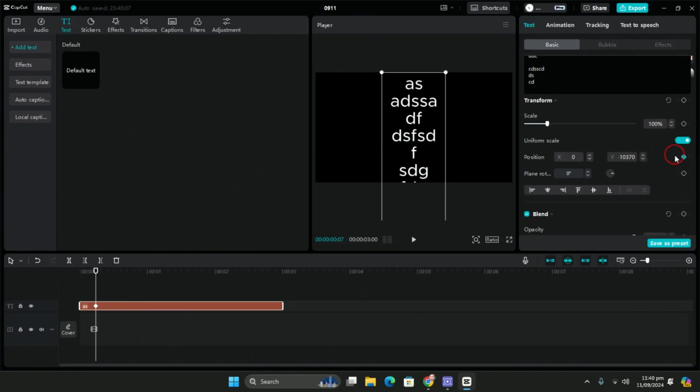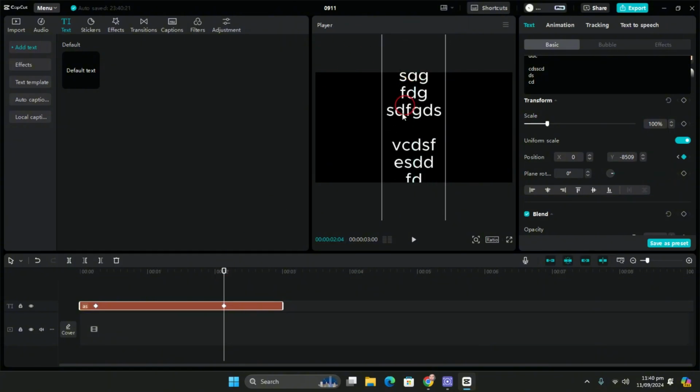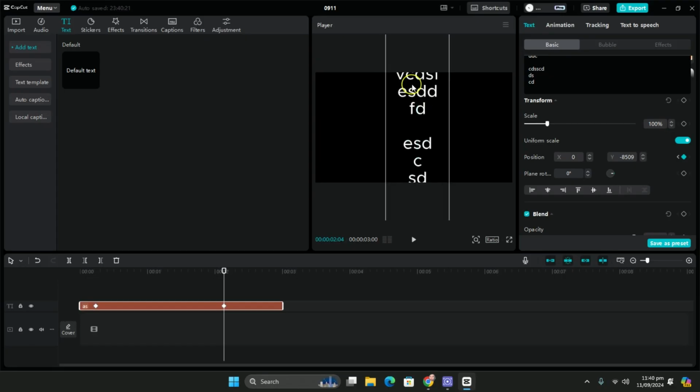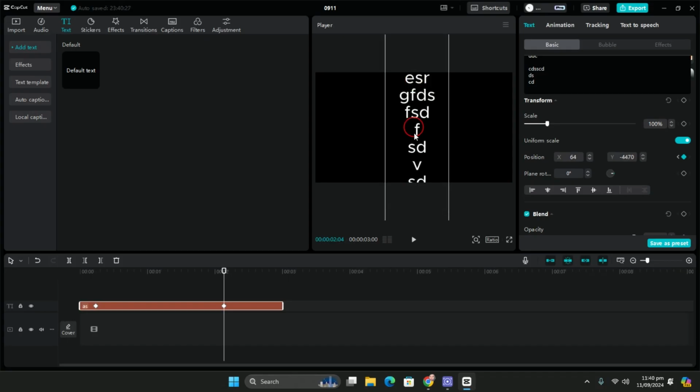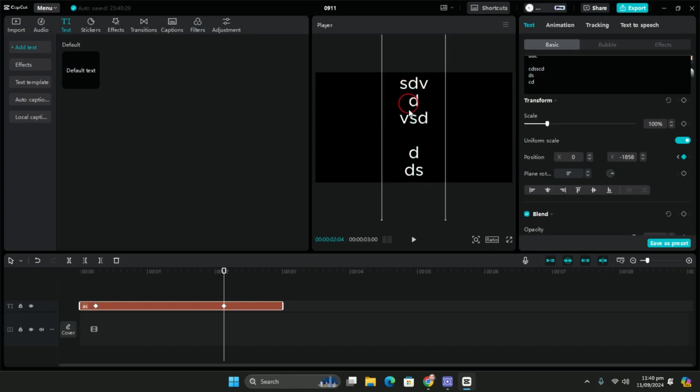After adding the keyframe at the starting position, you have to adjust your playhead to where you want your credit scrolling text to end. Now simply adjust it and make it like this, and scroll up here and swipe up until you are able to touch the bottom line. Just a second, and you can clearly see we have now touched the bottom line.